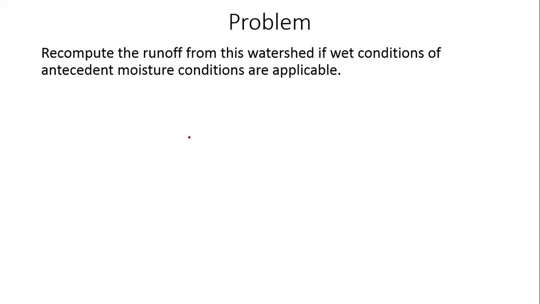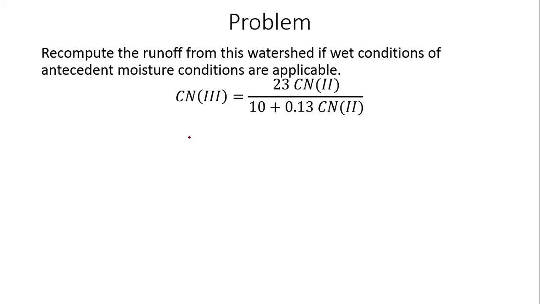Okay, so in terms of how to go about solving it, we provided an equation last class. There's an empirical equation that allows you to obtain the curve number for moisture condition 3, assuming you know the curve number for moisture condition 2. In the previous problem, we had already obtained that curve number. You put that number into this equation. I think it was 83.8, this curve number 2. You put that into your equation and then you get a number, 92.3.